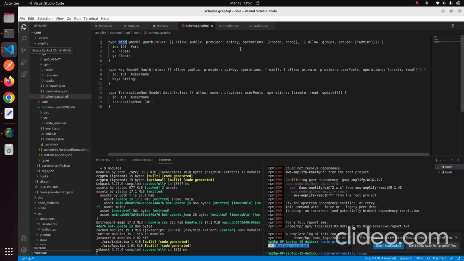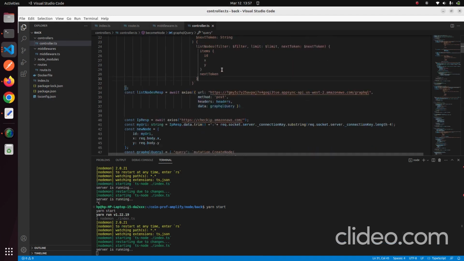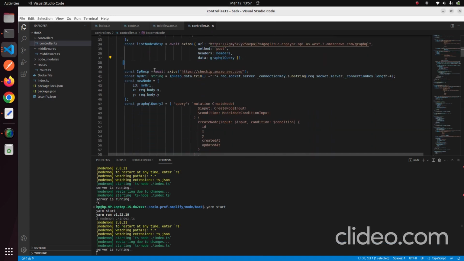I can call this because, with the API key, you can create and read every node in this node database. I'm getting my IP, and if I correctly get every node on the network,